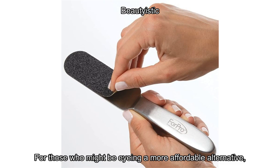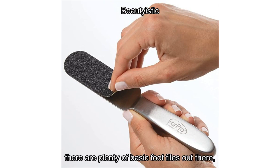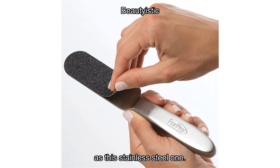For those who might be eyeing a more affordable alternative, there are plenty of basic foot files out there, but they don't offer the same durability or hygiene benefits as this stainless steel one. If you're on a budget, you can try a plastic file with abrasive strips, but you won't get the same